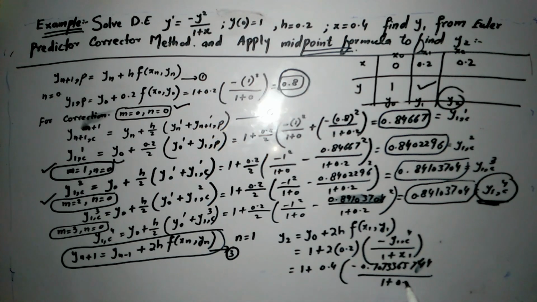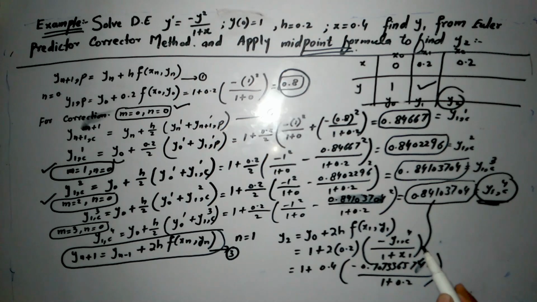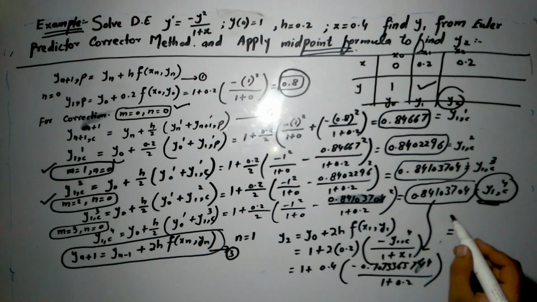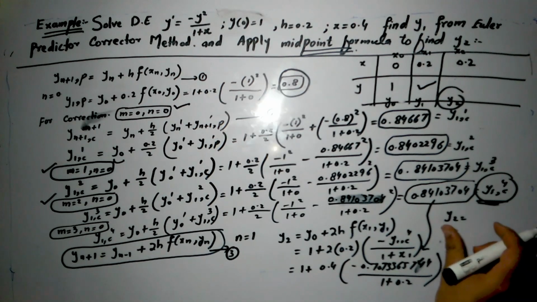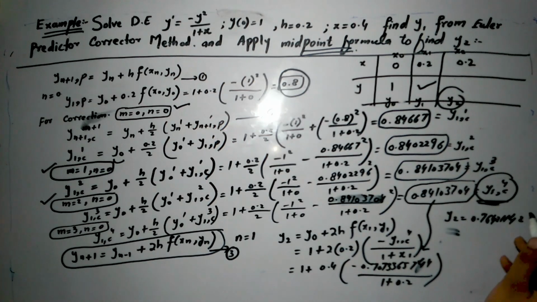Simplifying this expression, this will be equal to 0.70733657744. So after calculation and simplification, y2 will be equal to 0.764211 42. So this is the value of y2